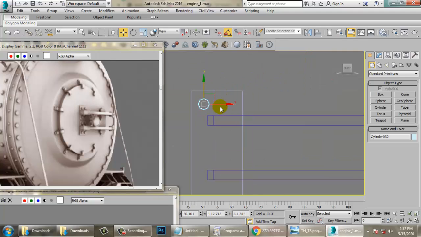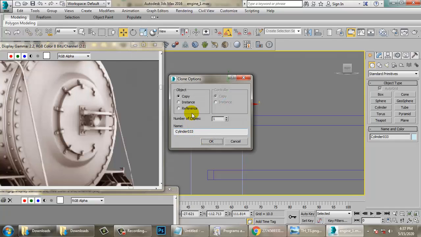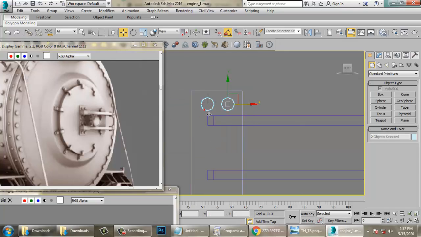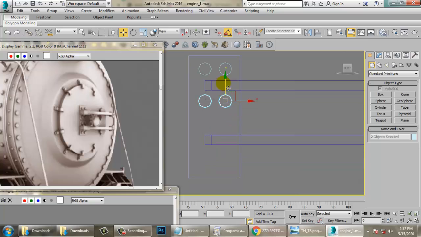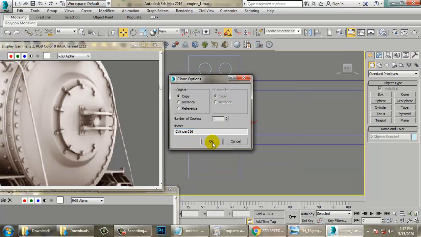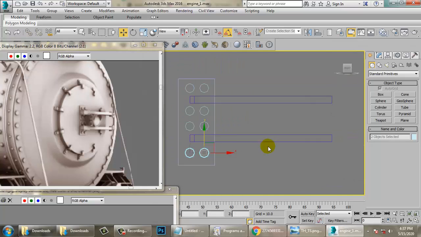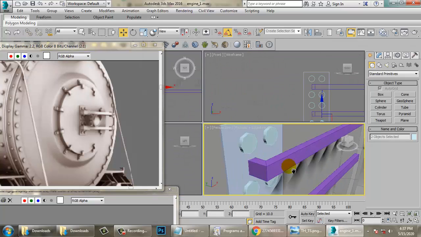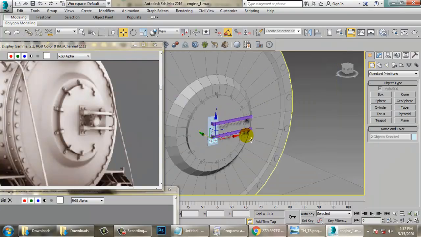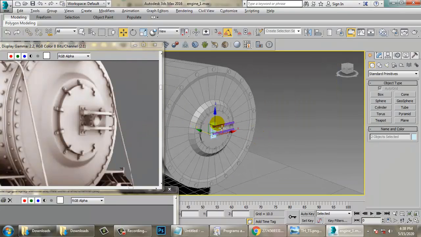You can scale it, shift and drag, copy it, and let's duplicate this over here. Again duplicate this over here, and duplicate this. I'm just making copies over here.